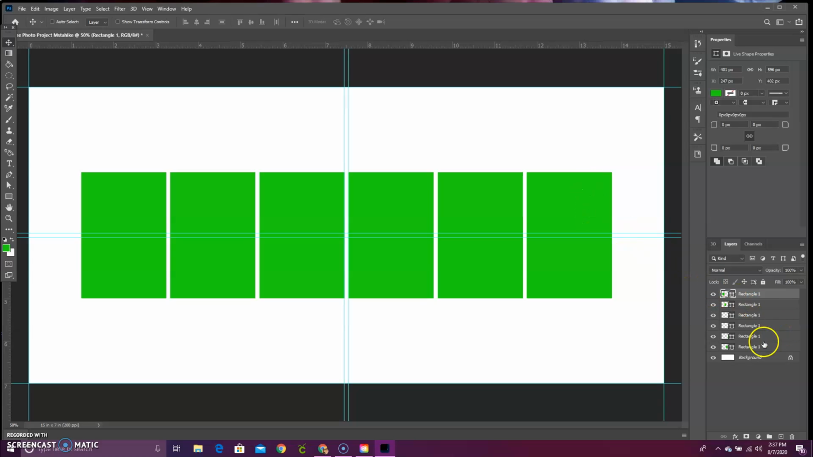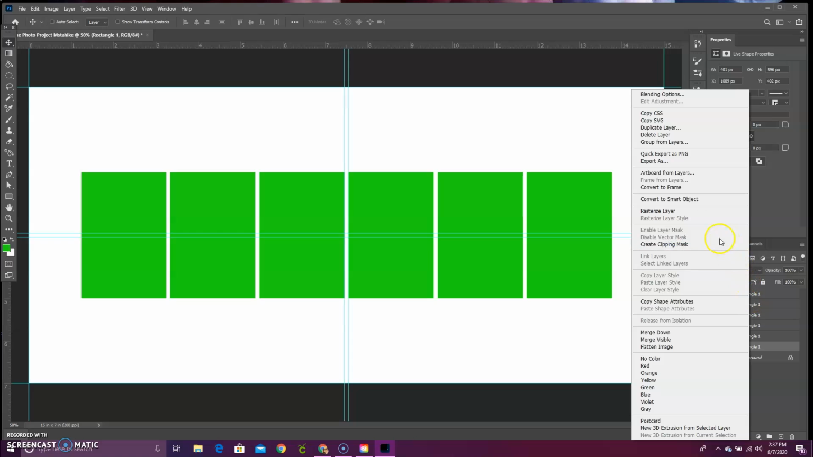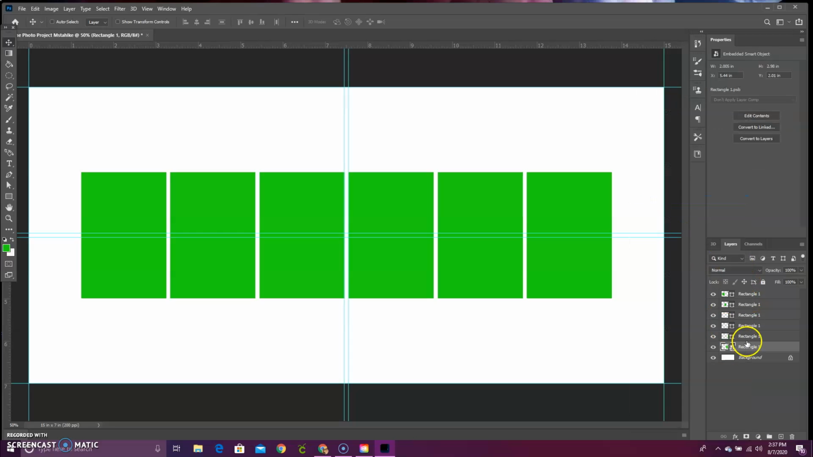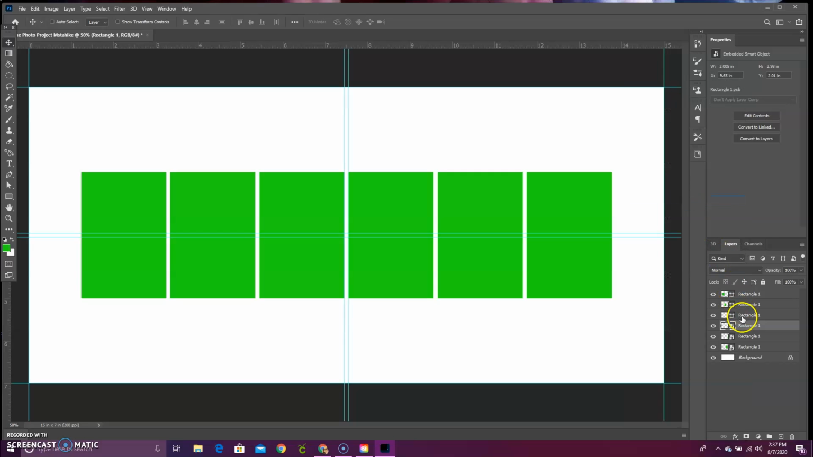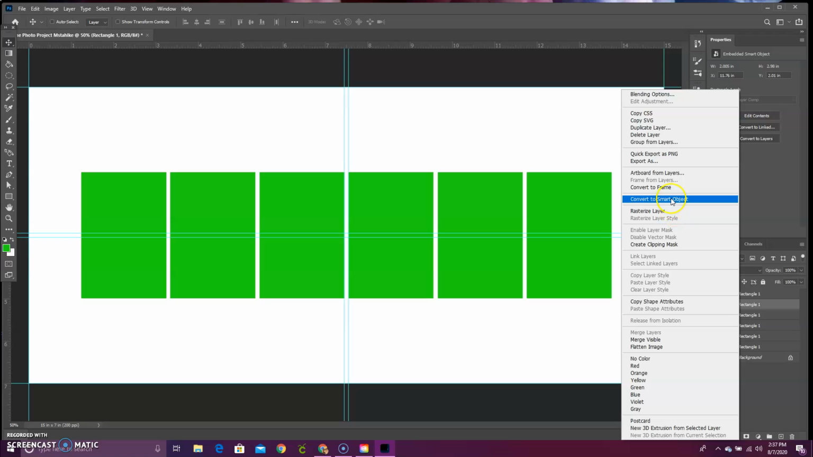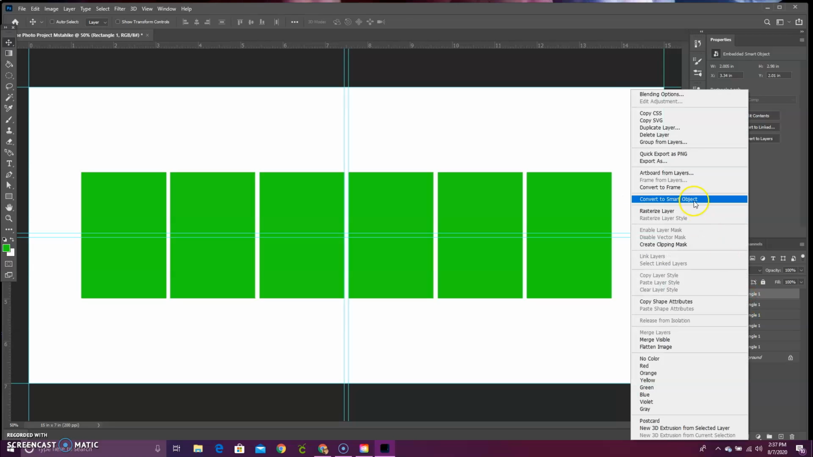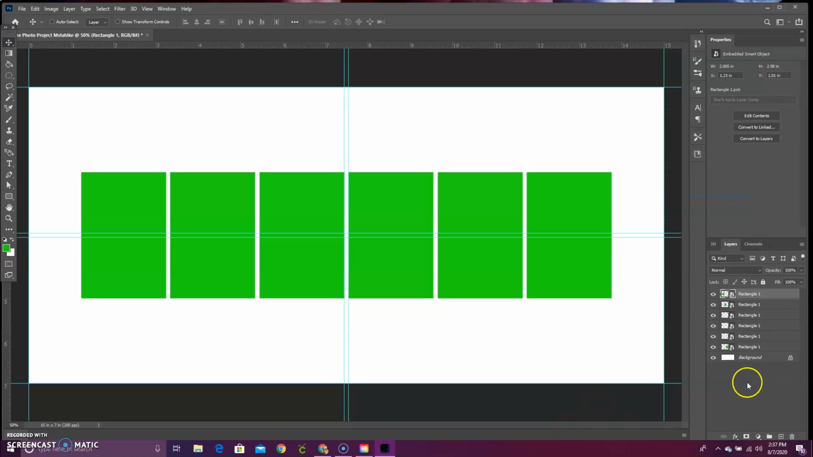Now at this point, we need to go over to our layer panel right here. We need to right-click every layer and click Convert to Smart Object for every single one. So I'm going to go through every layer, right-click, Convert to Smart Object. Right-click, Convert to Smart Object. Right-click, Convert to Smart Object. Right-click, Convert to Smart Object. Convert to Smart Object. Okay, so now all of these are